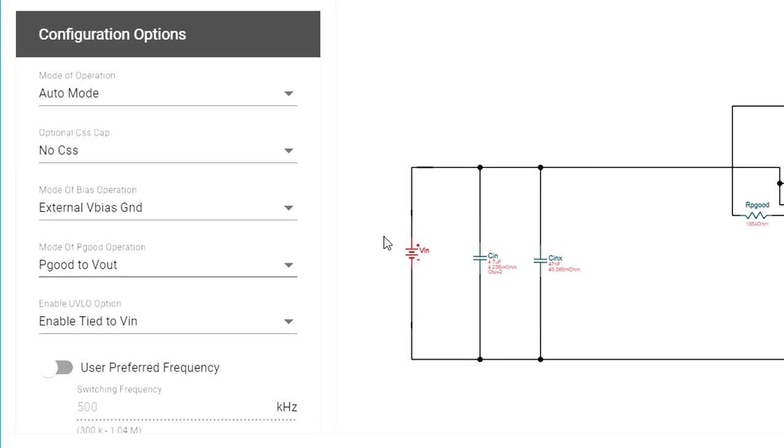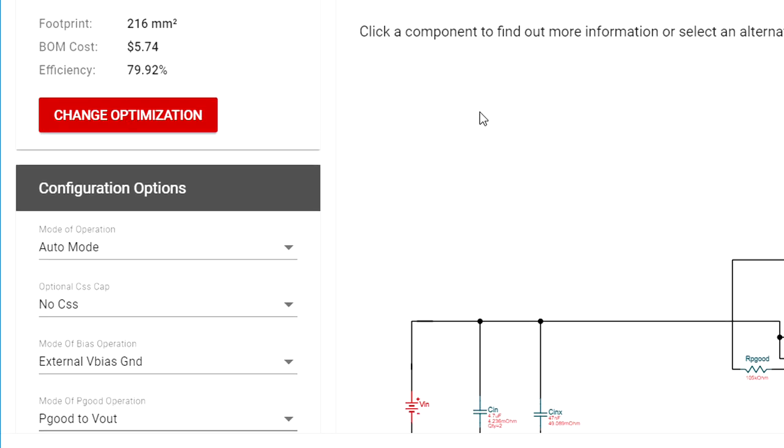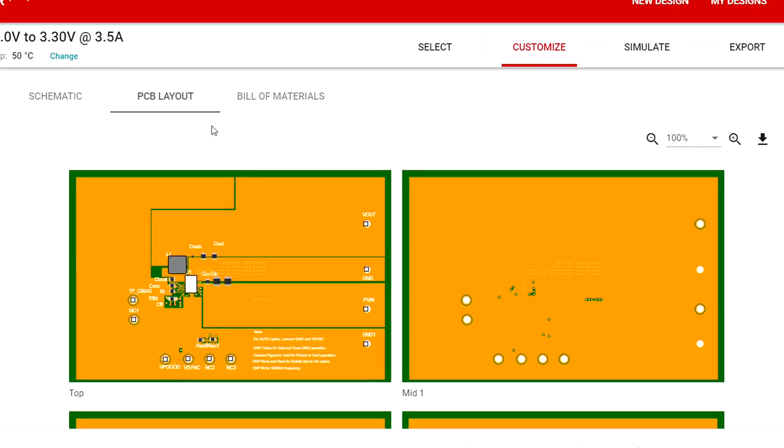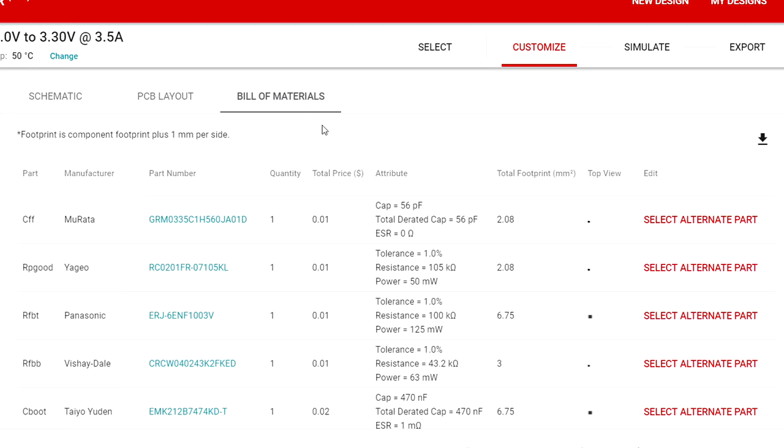On the left side of the screen, you'll notice the ability to set your operating frequency, the switching frequency, if it's available on the component, the soft start cap, and other options. The PC board layout, what we do here is we show you our evaluation board with your actual components placed. And then the other tab is the bill of materials. A lot of people like working with the bill of material view. You have a lot of the same functions, the ability to select different parts, the ability to sort on size or cost. So at some point, it's time to move on.